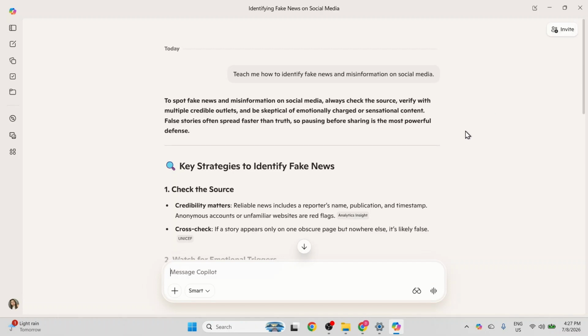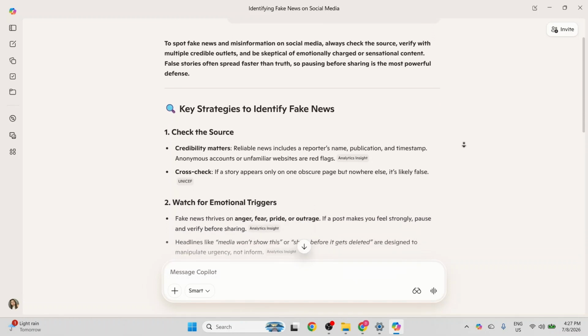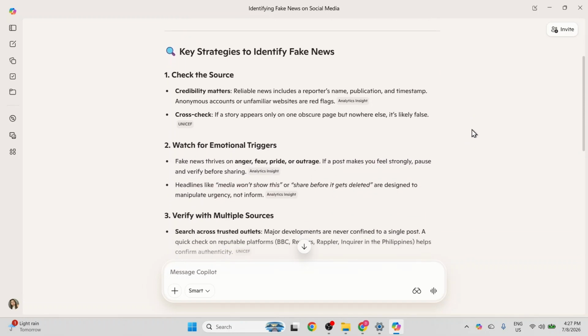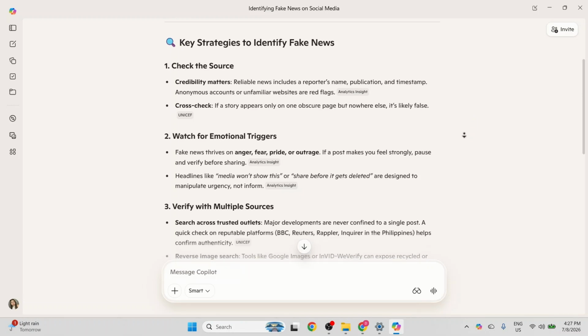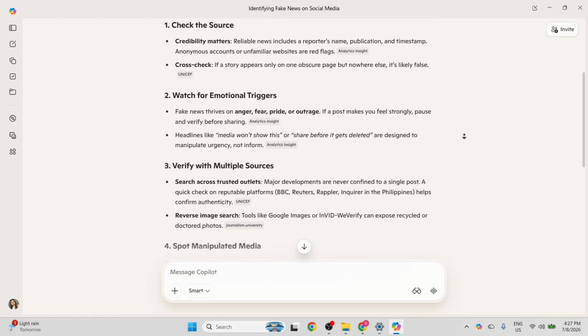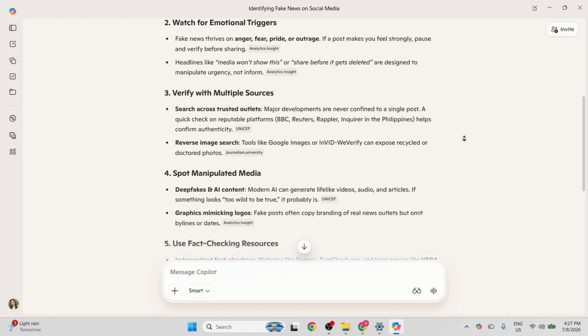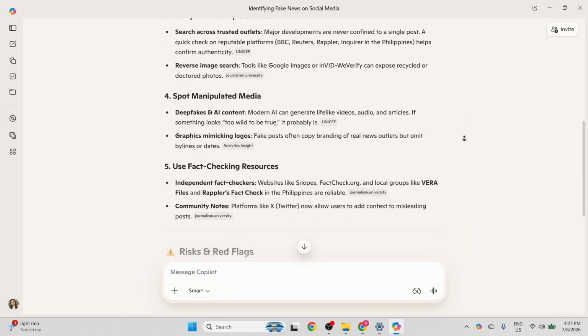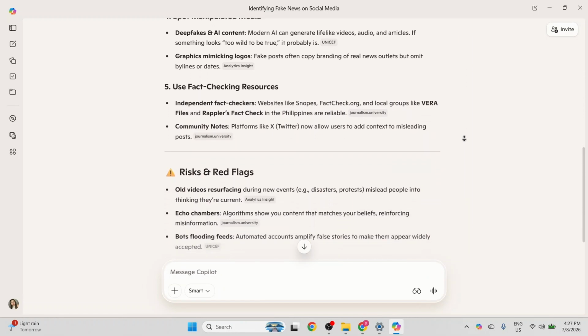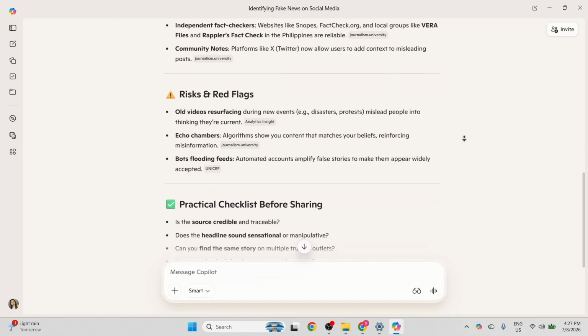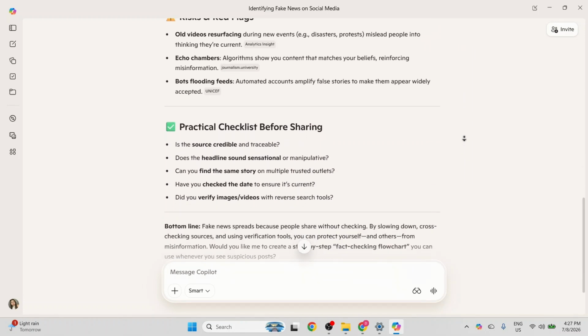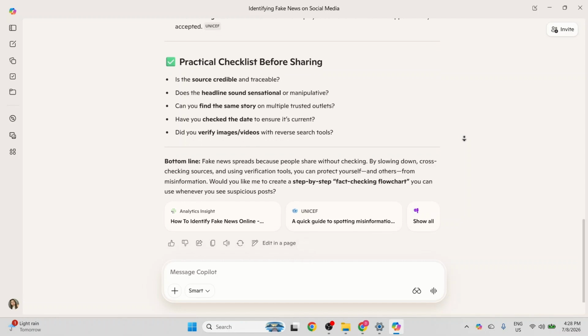The response flows steadily onto the screen, providing a well-structured breakdown of key strategies to spot false information, including tips on checking source credibility, analyzing emotional triggers, and cross-referencing with trusted outlets. It also provides guidance on detecting deepfakes, using independent fact-checking platforms, and running through a practical checklist before sharing content online. Everything is functioning perfectly, and Copilot is now conveniently pinned and fully accessible directly from the Windows 11 taskbar